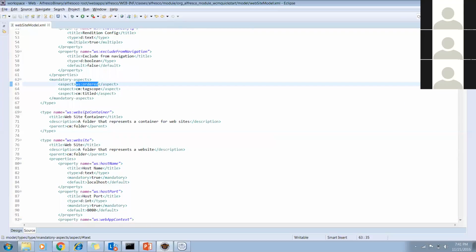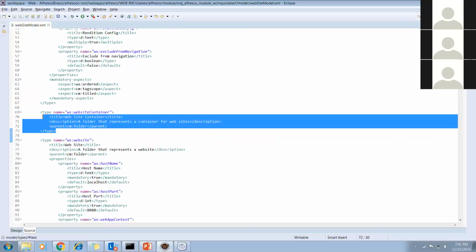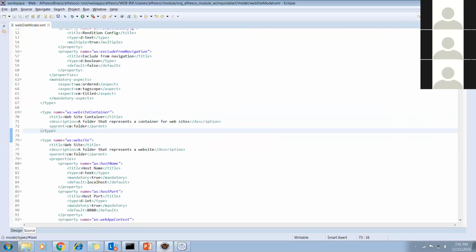So again, they are designing another content type. In this content type, they have nothing, just one parent, the folder. So you can directly use this CM folder. There is no need to create this type, but for the time being, it means designing. It's not mandatory to have.